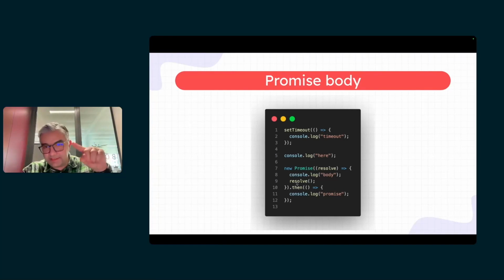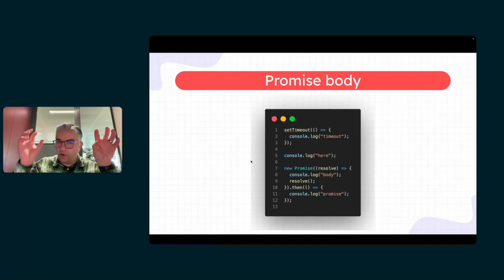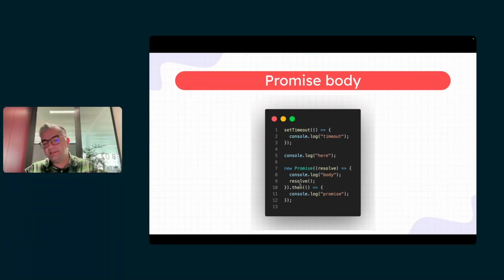So on line 7, which is creating a new promise, the callback function that you pass to the promise would run immediately and resolve immediately, because without any delay on line 9, we are resolving the promise. So the answer would be here, body, promise, timeout, right?